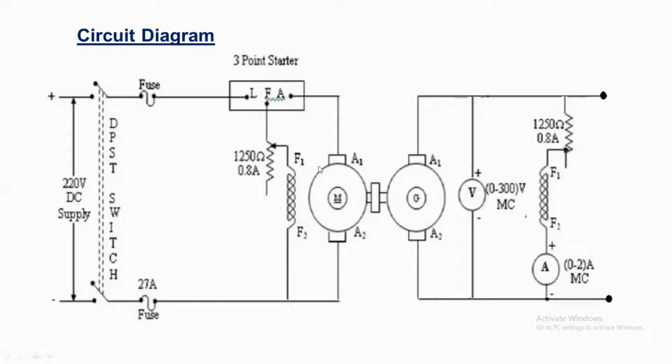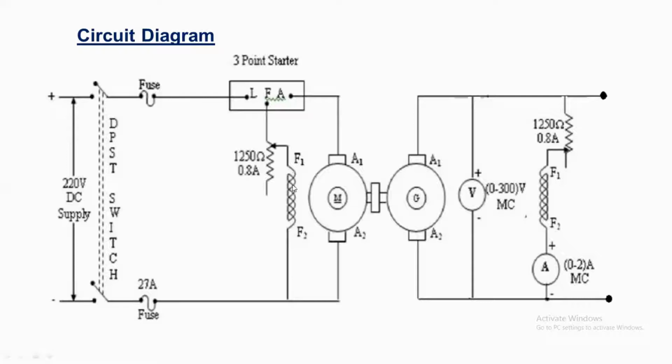Here this motor field rheostat is at minimum position. The input side and the output terminal are connected, so no resistance is cut in here. The supply current flows from line to field, then directly to the field winding. No current enters the field resistance. Then starter A terminal to armature terminal A1, then A2 to negative. Here the armature winding and the field winding are connected in parallel, so this motor is called a shunt motor.